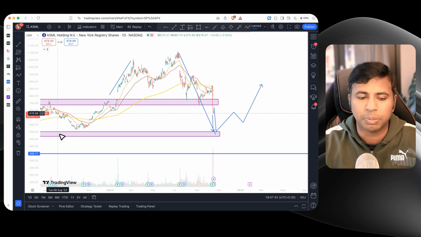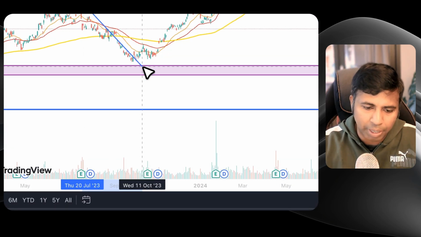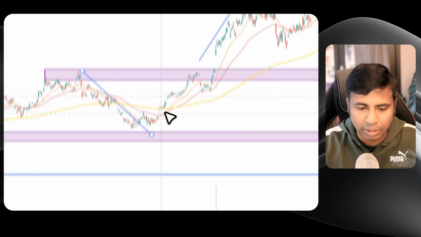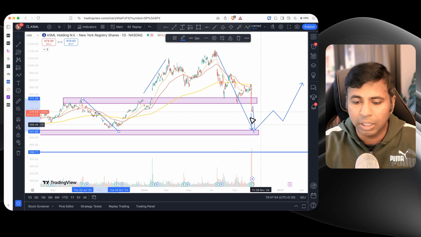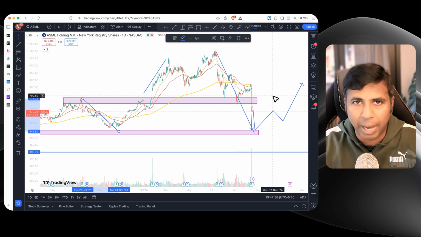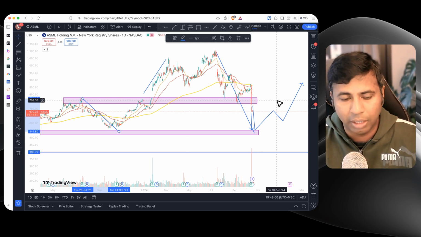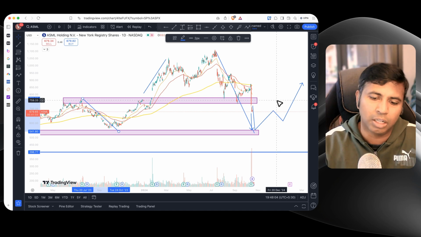You can see that during this pullback phase, it did come back and then consolidated for a few weeks or few months, and then the moving averages started pointing upwards. So once we see the stock is moving back into strength, that is the point at which we can try to enter. If you are a person who likes to buy strength, that is the style that you would follow.